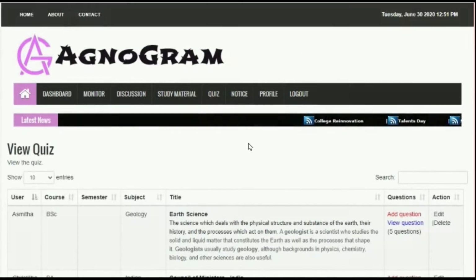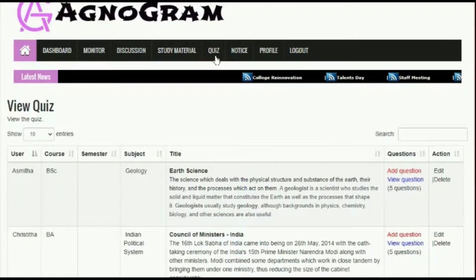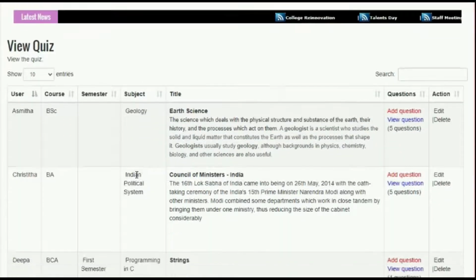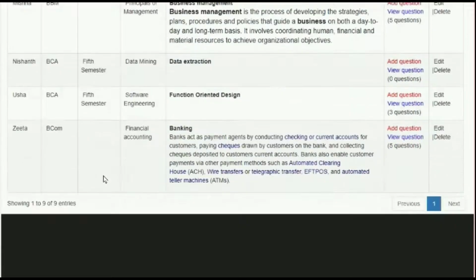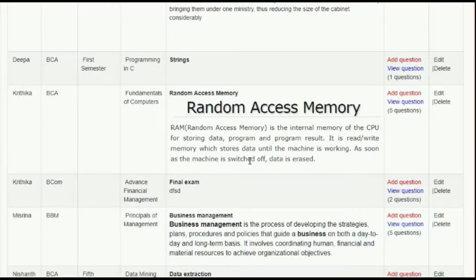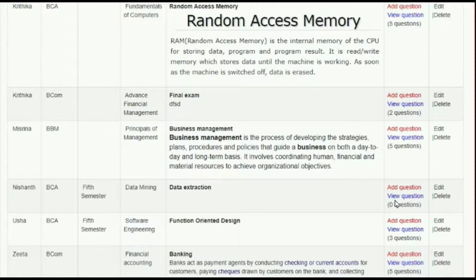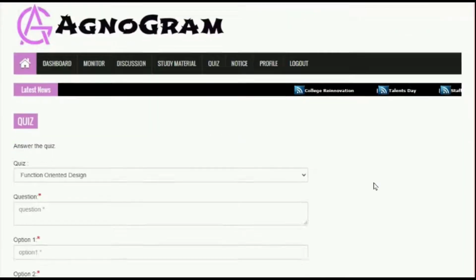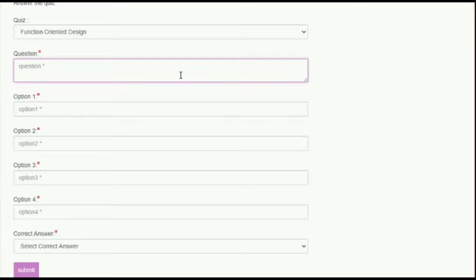They can also add the questions to the quiz added by various other staffs. The questions can be added by mentioning the question and the 4 options and 1 correct answer.